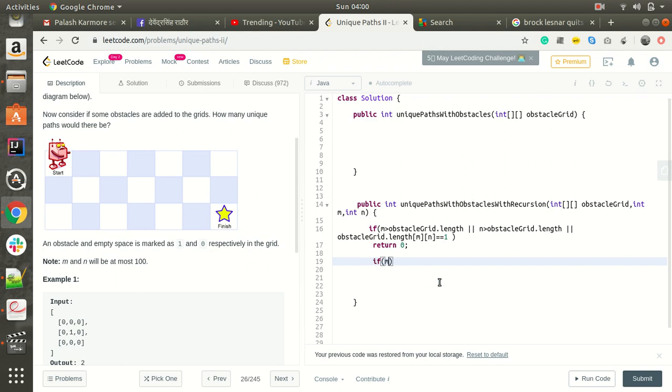If m equals obstacle grid dot length minus 1. Why minus 1? Because it is a 0 index array, that's why. And n equals obstacle grid, so we need to give this as the 0th, since the matrix is not n into n, it's m into n.